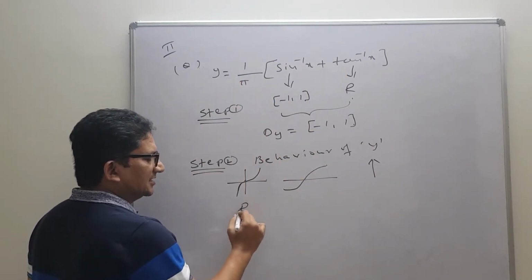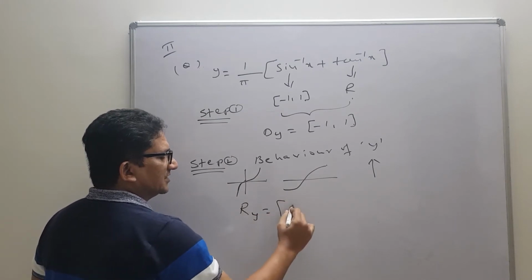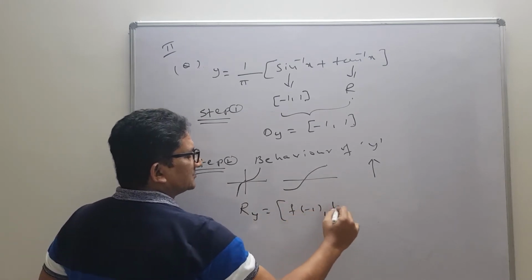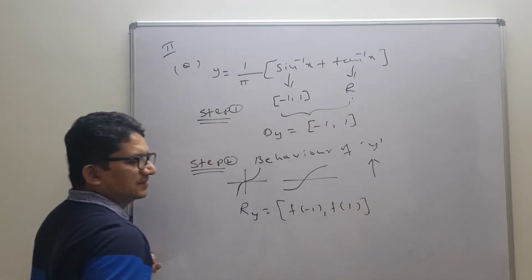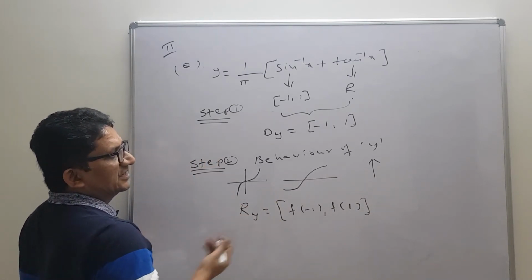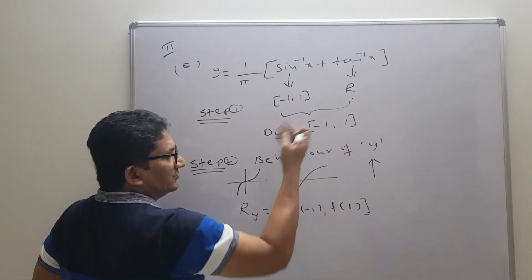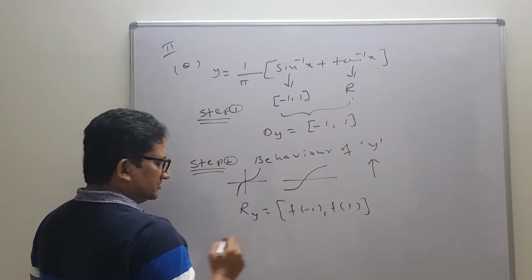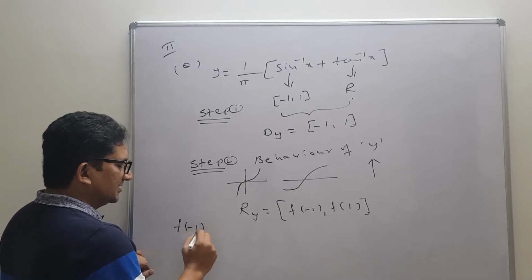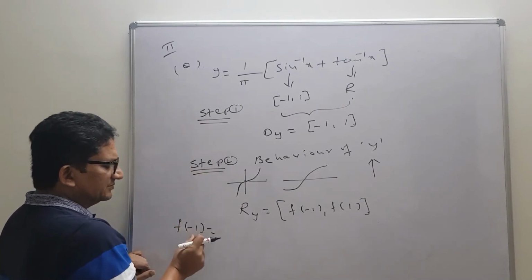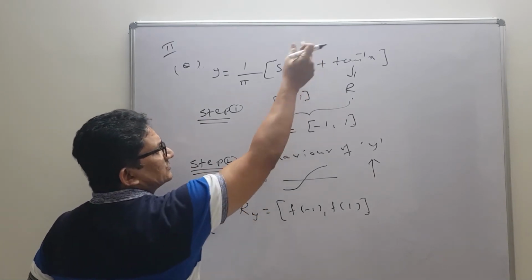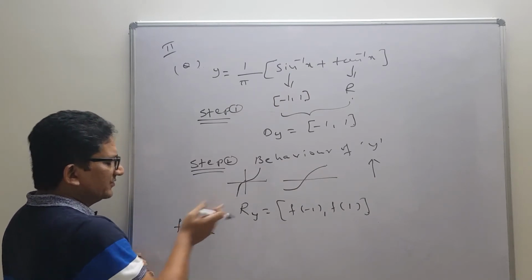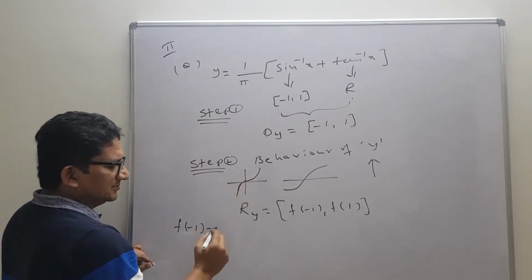When we are getting an increasing function, the range of the function is f of minus 1 to f of 1. So those things we will calculate. For f of a to b, what we learned, the same thing we are applying here. F of minus 1 to f of 1. So f of minus 1 we will calculate separately. F of minus 1 means simply take x equals minus 1 and substitute there. So that is f of or y of minus 1, both give the same sense.